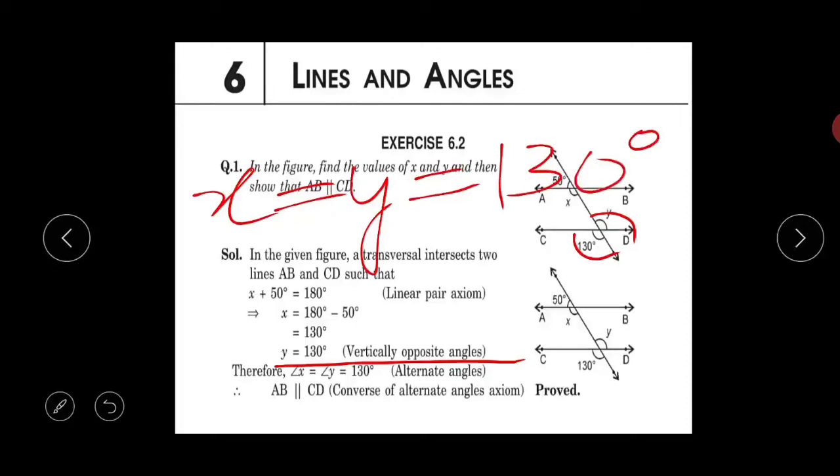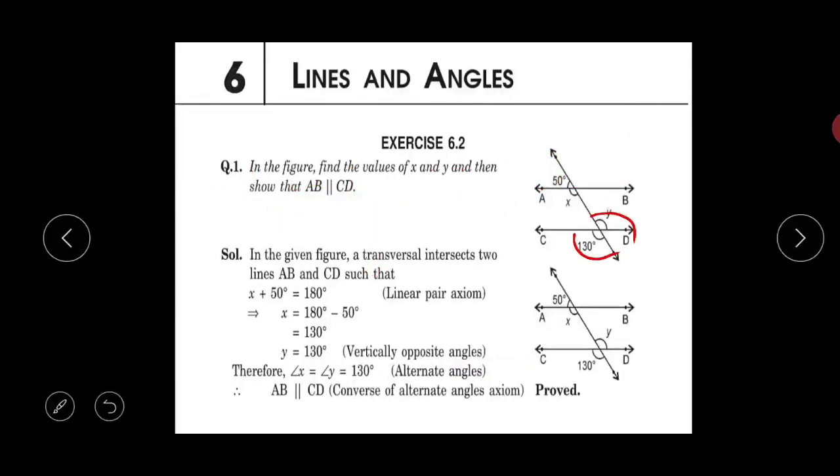And students, if you can see in the figure that if angle x is equal to angle y, then this is giving us alternate interior angles that are equal. So if alternate interior angles are equal, then the lines must be parallel, isn't it? So I can write, students, that AB is parallel to CD by the converse of the alternate angle axiom, or you can write in a bracket that if a pair of alternate interior angles are equal, then the lines must be parallel. If the alternate pair of angles become equal, then accordingly the lines also become parallel. Thus we can say AB is parallel to CD.